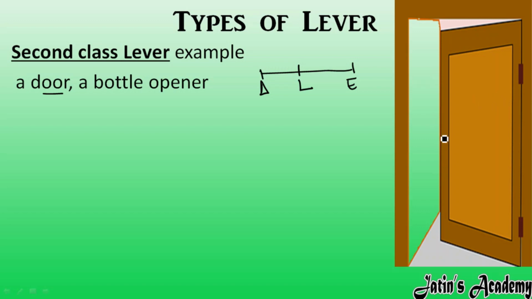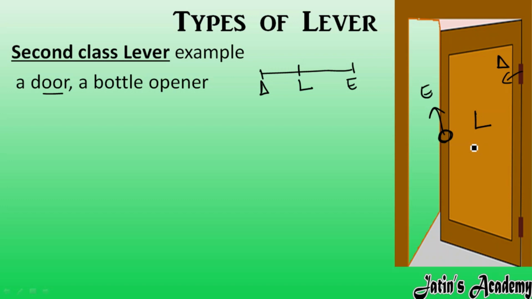In the case of a door, from here, from the handle, we are applying the force in order to move the door. So this is acting like an effort, okay? And this is the fixed point about which the door is going to rotate, and this fixed point is called fulcrum. And the full door is acting like a load. So see from this diagram, and see from this diagram, compare it. Here we have fulcrum, here we have load, and here we have effort. Means in between fulcrum and effort we have a load. So this door is acting like a second class lever.